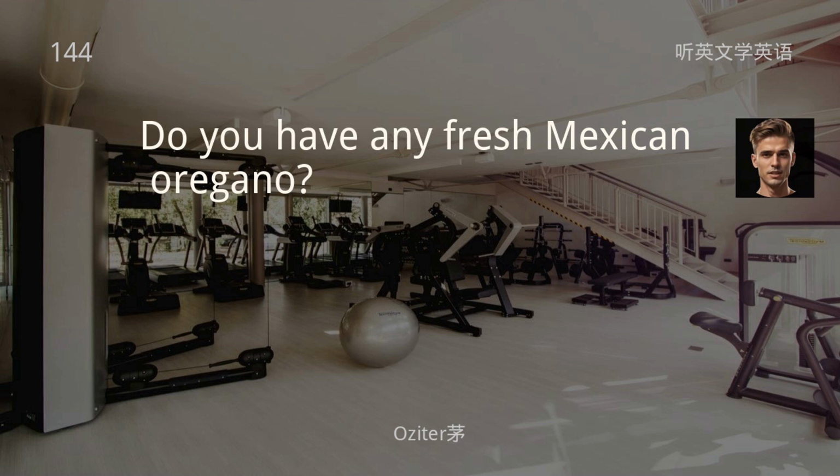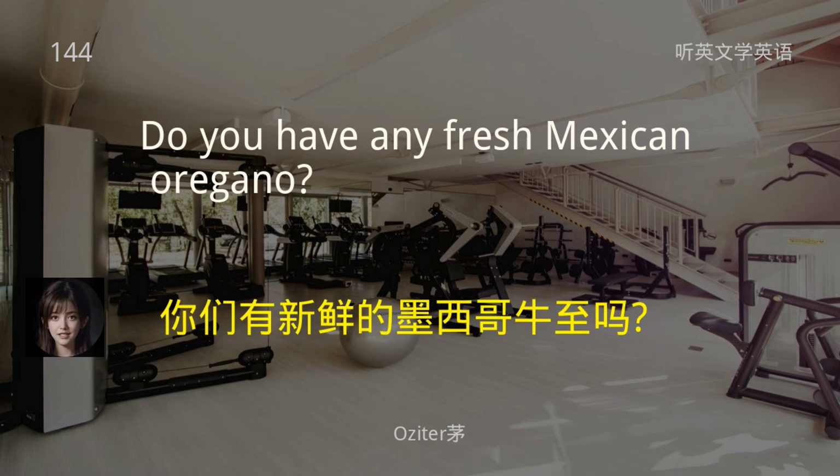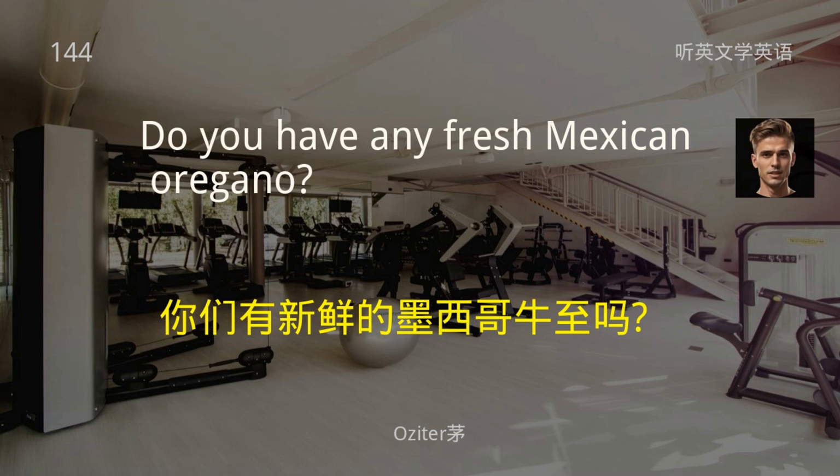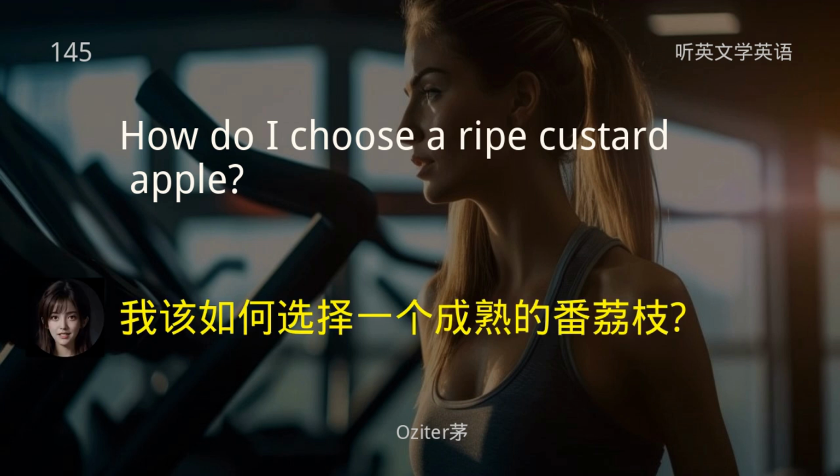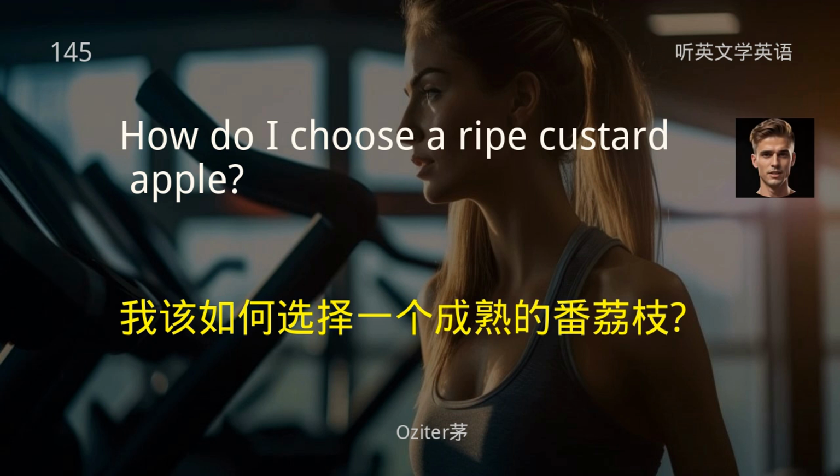Do you have any fresh Mexican oregano? 你们有新鲜的墨西哥牛至吗？ How do I choose a ripe custard apple? 我该如何选择一个成熟的番荔枝？